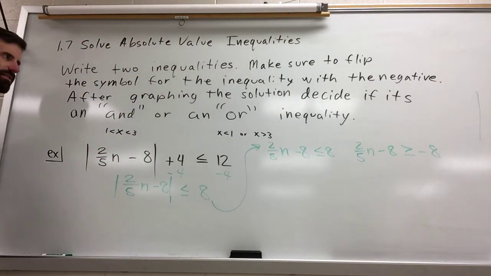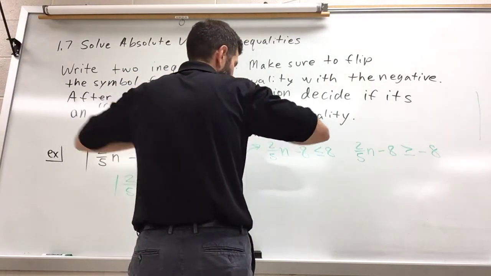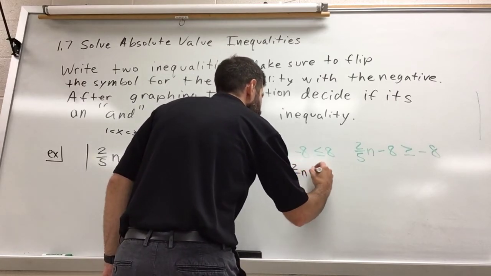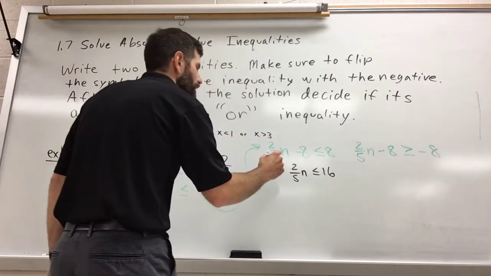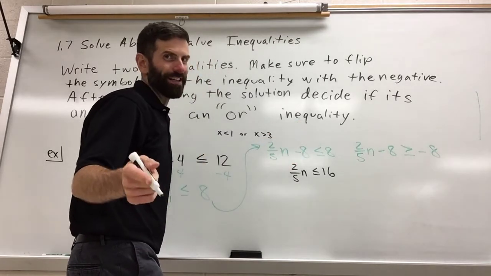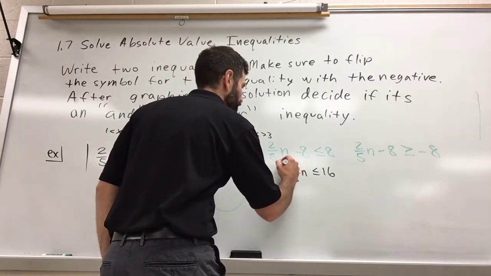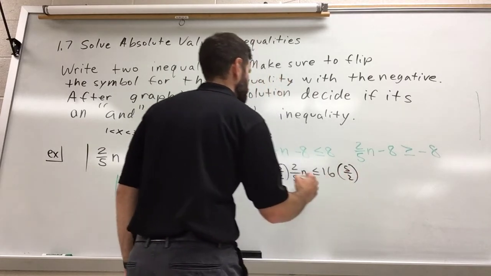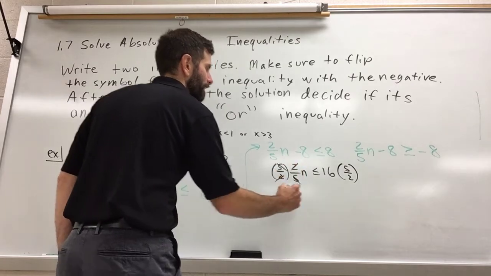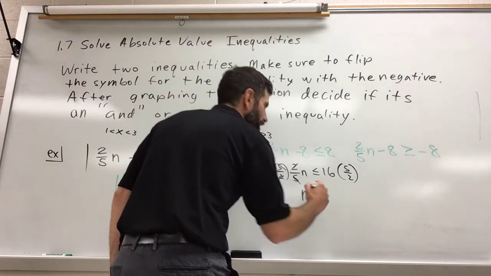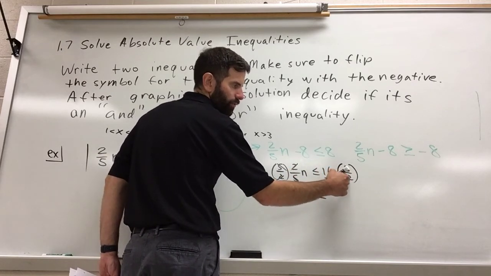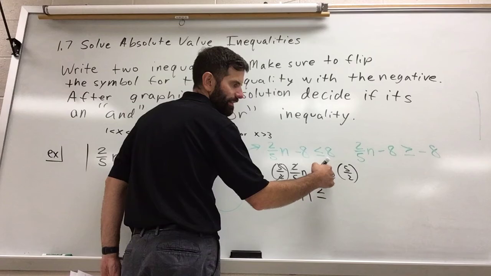From here, let's solve it. Add the 8 over, we'll get 16. Remember, don't divide by a fraction. We don't want to do that. We're going to instead multiply by the reciprocal. Don't grab your calculator just yet. Remember, this is 16 over 1. The 2 can simplify with the 16 to get 8. 8 times 5 is